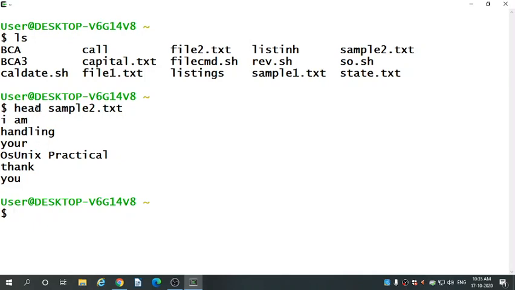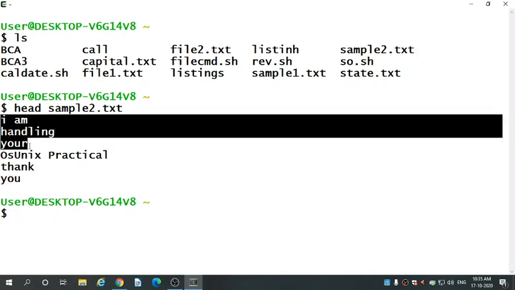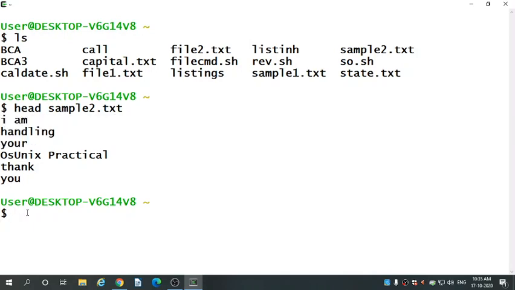If we give -3 as the argument, then it will print the first 3 lines from your file. So here these 3 lines we are going to print. By default it will print all the lines present in your file.